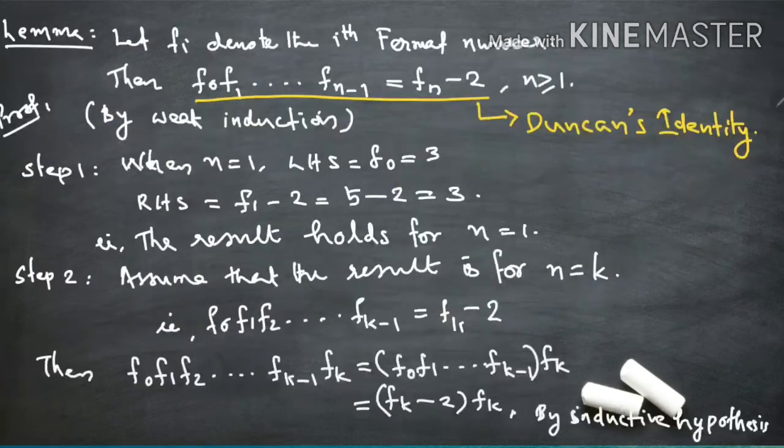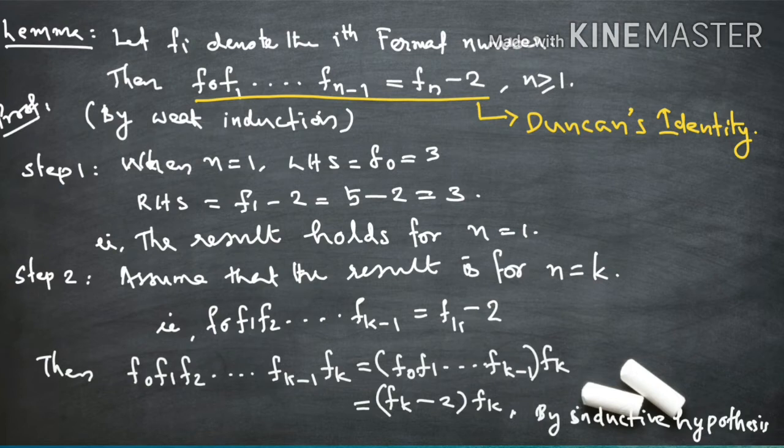Now we next move on to some interesting lemma about the Fermat numbers. Please recall the definition of a Fermat number. A Fermat number is any number which can be written in the form 2 raised to 2 raised to n, plus 1, isn't it? So for n equal to 0, 3 is the smallest Fermat number, and the second Fermat number is 5. So Fermat numbers start from 3, 5, etc.